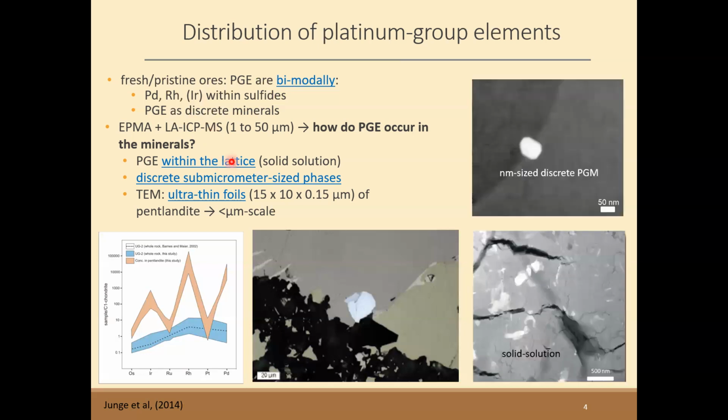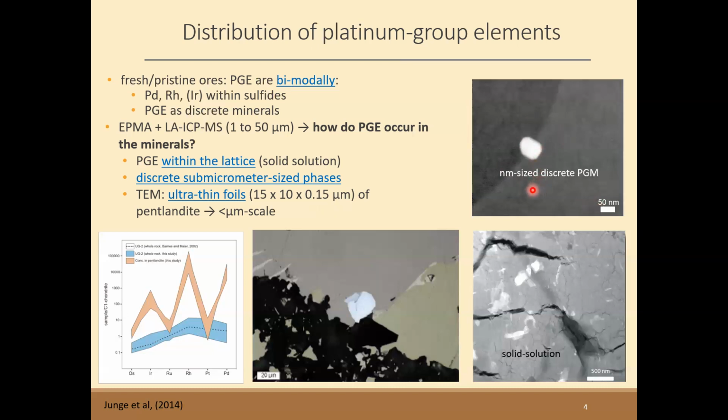When you do TEM, you can actually look at the nanometer scale, so 150 nanometer thin foils. You can look through the sample and you can see that we do have nanometer sized inclusions, 50 nanometer scale. These are just sitting in the pentlandite. So one reason, for instance, why we get our data is because we ablate or we measure some of these